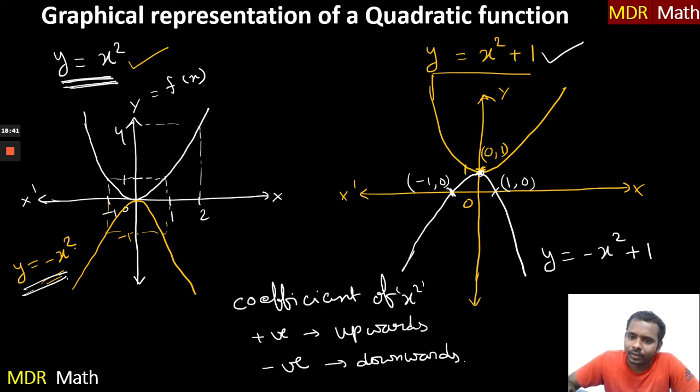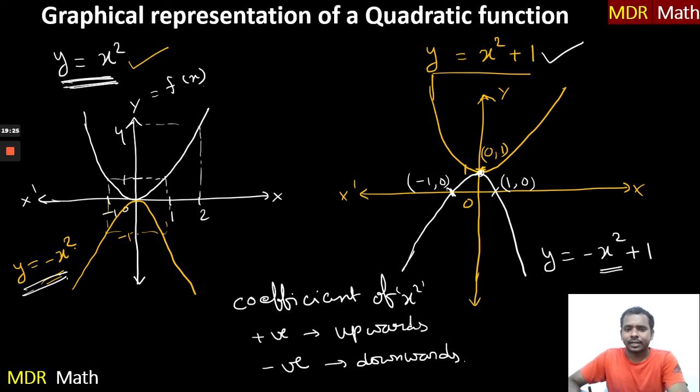And in the second case, where you have x square plus 1 and minus x square plus 1, minus x square plus 1 has two roots, that is 1 and minus 1, but x square plus 1 does not have roots. So two points you need to understand. What is meant by roots on the graph? Where this curve touches or intersects the x-axis, there you will see the roots. And when the coefficient of x square is positive, the curve opens upwards; otherwise it opens downwards.